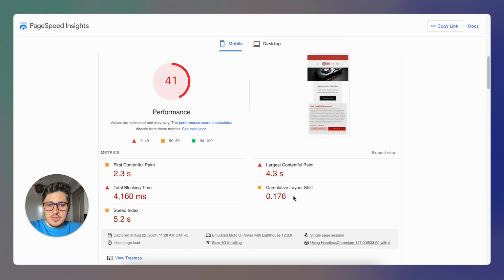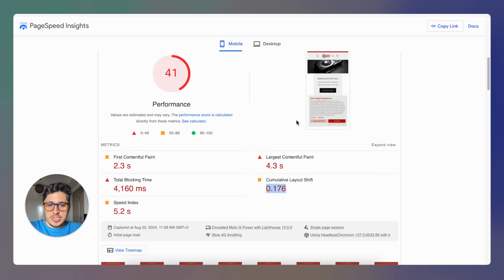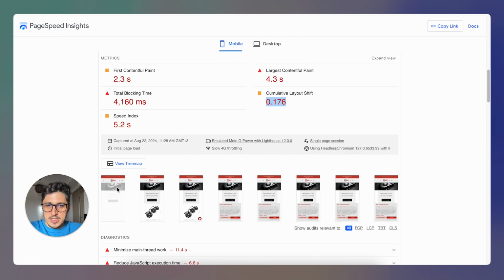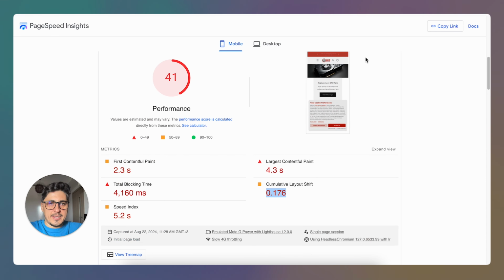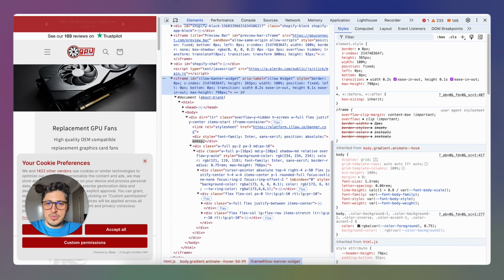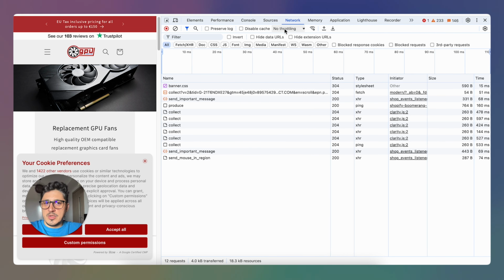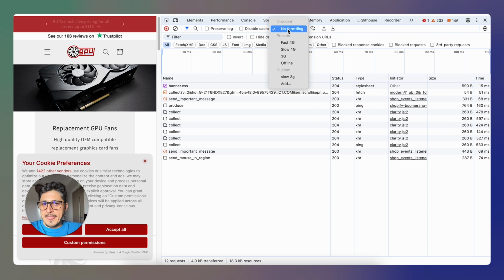I'm gonna now look to see if I can spot the reason for this LCP. While I was thinking it is the Trustpilot widget, it seems like it's not completely the Trustpilot widget. It seems like it's something else and I'm not sure what. Let's see how we can find that out. So I'm gonna go back to the store. I'm gonna go to my network tab, and in here I'm gonna go to throttling, and I am going